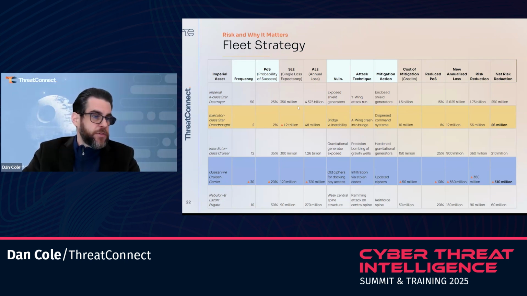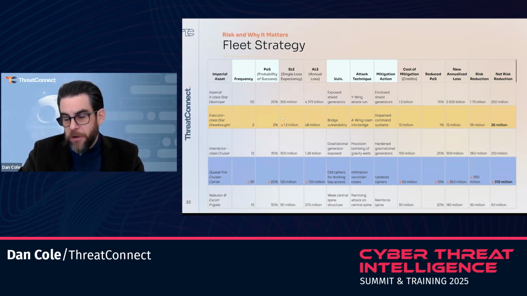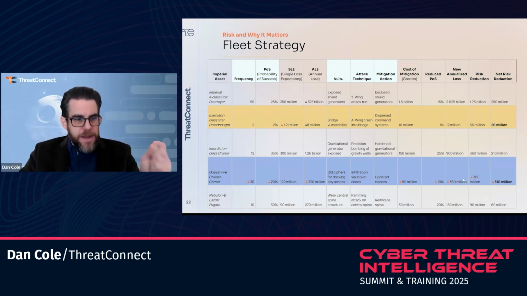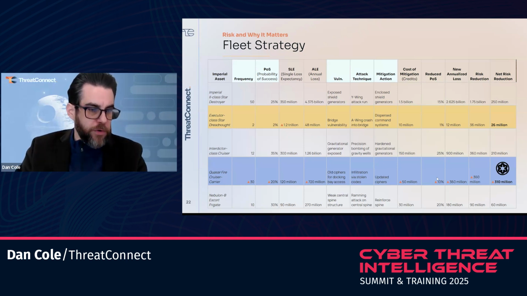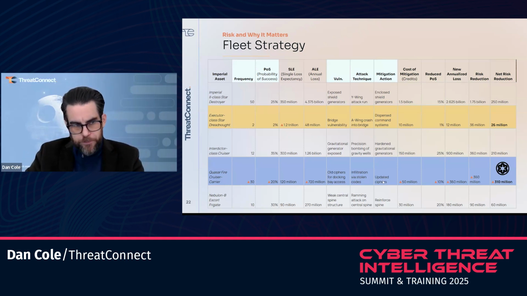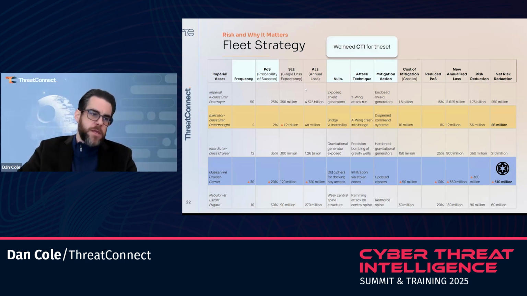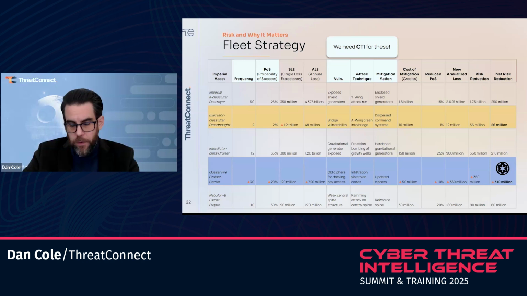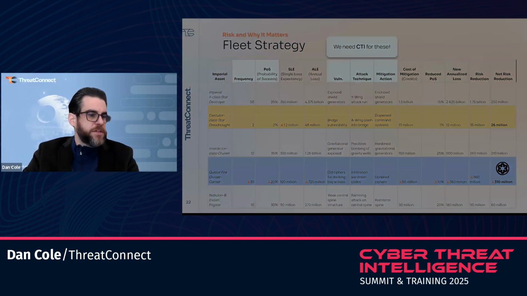Now, initially, your executives, they're going to see the Super Star Destroyer as a crown jewel asset. Like the single loss expectancy is 1.2 trillion credits. But as a CTI analyst, the greatest impact actually is going to be this carrier. And if you can use these numbers to make this case, you're going to get that seal of approval to update those ciphers. And the critical takeaway here is that these items in blue, frequency, probability of success, et cetera, those are the metrics that a CTI analyst can really influence. So you bring those together and you can actually tell your story.